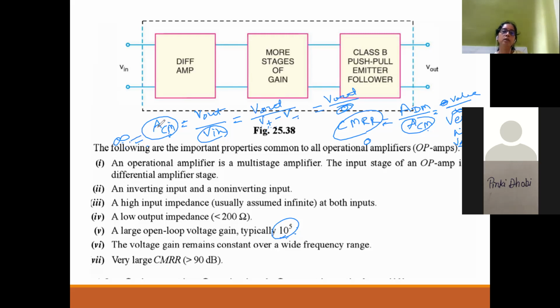Common mode gain we are getting infinite, because of this input, the same input here. In differential mode gain the inputs are not the same, so V out upon input will have some finite value, right? So that is different from this common mode gain. How is it the same?